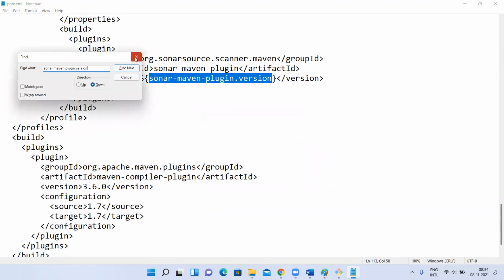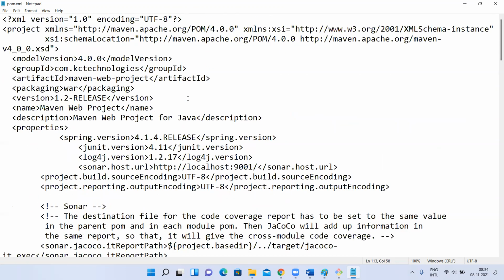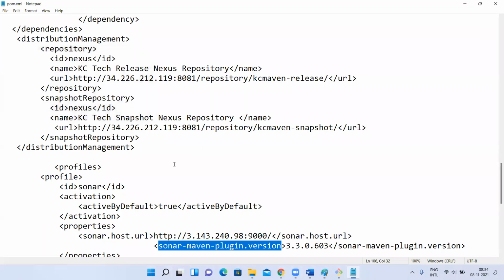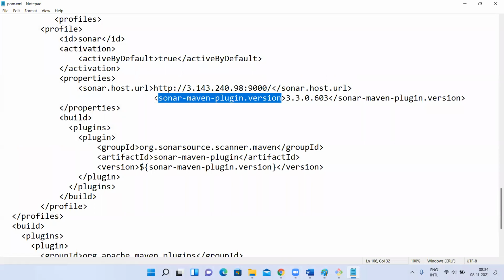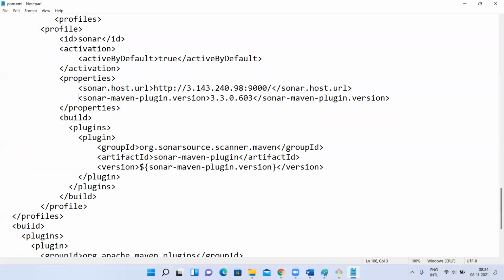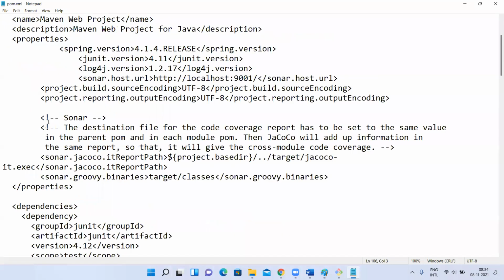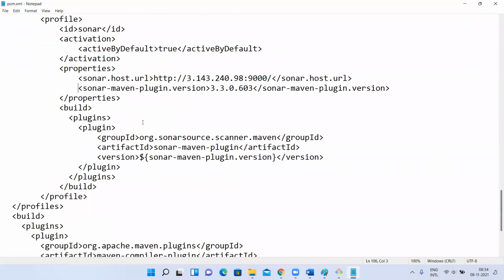Okay, here only, sorry. Here only I have defined it as a property. So from here only I'm reading. You can directly configure it here, and above under the properties element you can create a property, or else directly you can create it, which will be accessible only inside the plugin.